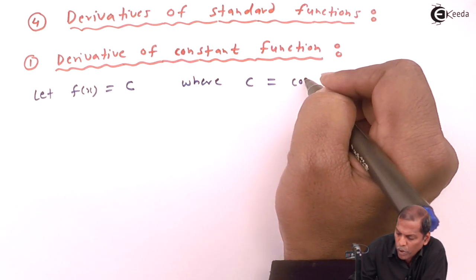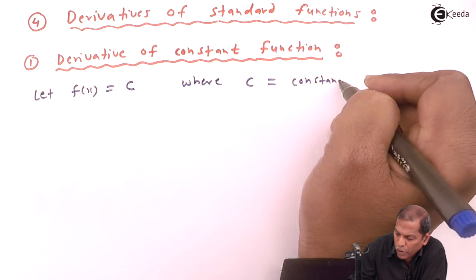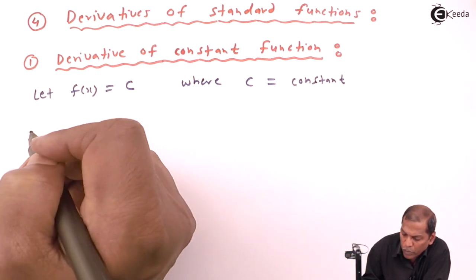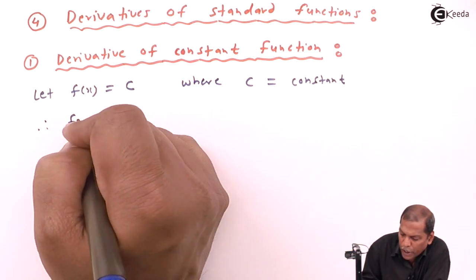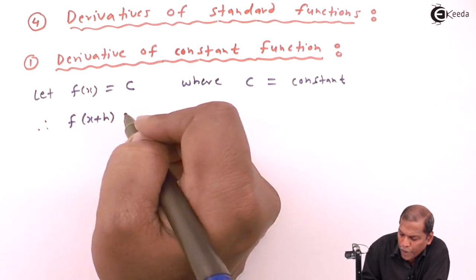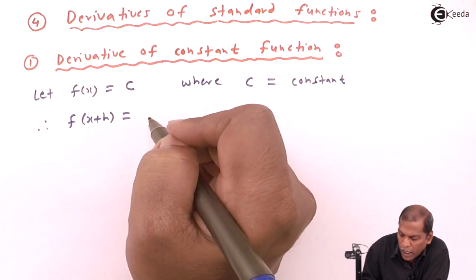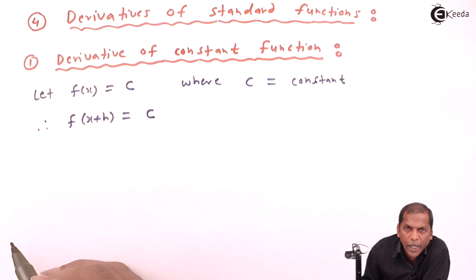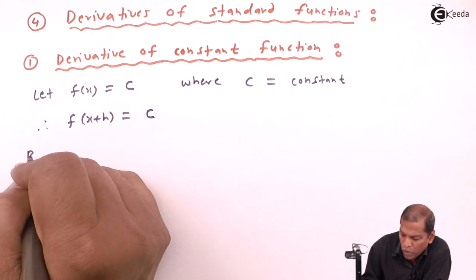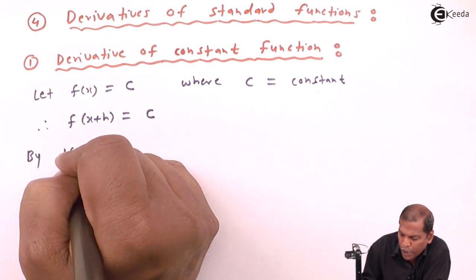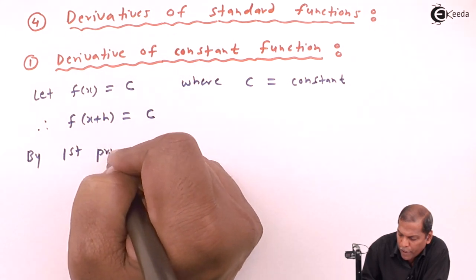c equal to constant. Therefore, the next step is f of x plus h. That also we get c. Then by first principle of derivative,